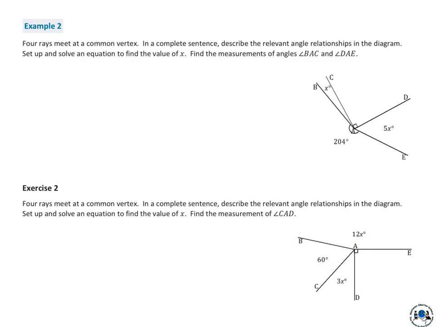Okay, next is example 2. 4 rays meet at a common vertex. In a complete sentence, describe, again, the relevant angle relationships and then set up and solve an equation to find the value of x. So we're trying to find x right there. Also, they want us to find the measurements of these two angles,